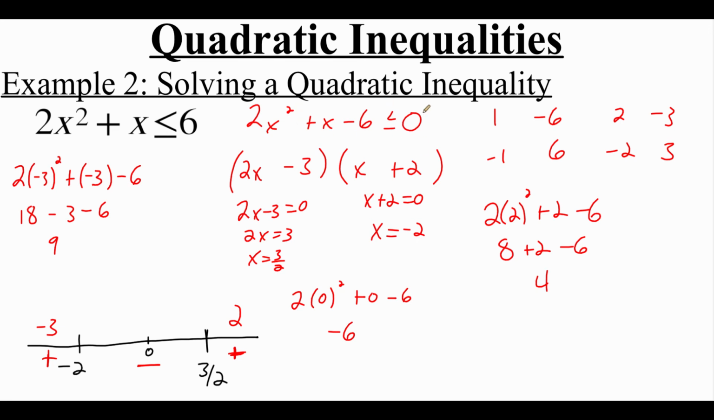Now looking at our rearranged inequality, we want things that are less than or equal to 0. Less than 0 means negative, and we've only got one negative interval, and that's the interval between negative 2 and 3 halves. So from negative 2 to 3 halves, this quadratic is negative. Now we have to be a little bit careful here because our inequality does have the equals to line underneath it. So we do want to include these end values on our interval. So I'm going to put square brackets around them. So that's our solution set from negative 2 to 3 halves,